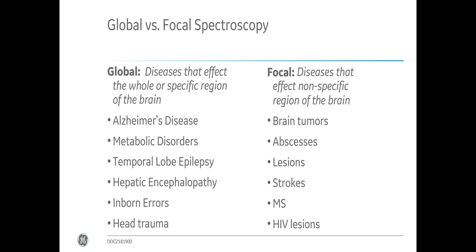And often I think the focal spectroscopy is the one thing that is done most, but is also the more difficult one. Because in the focal spectroscopy, you need to think about where to place the voxel, how big should the voxel be, how many acquisitions do I need to do to get a good quality. Whereas in the global spectroscopy,